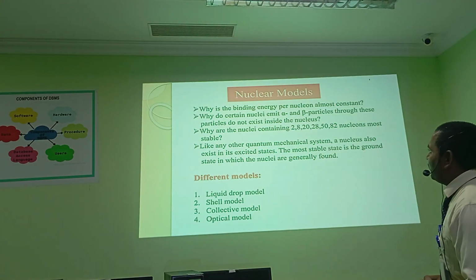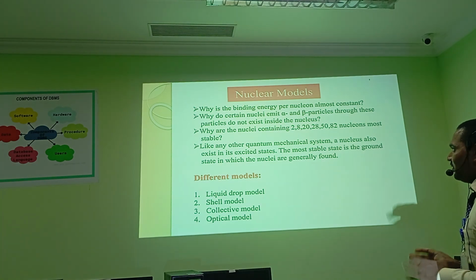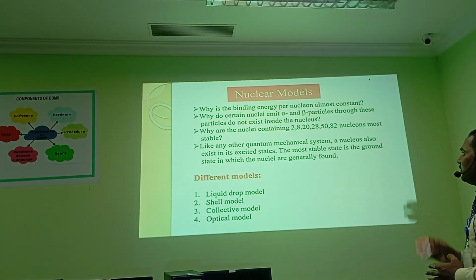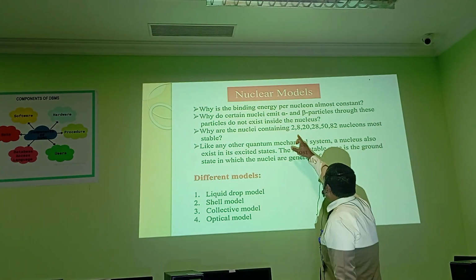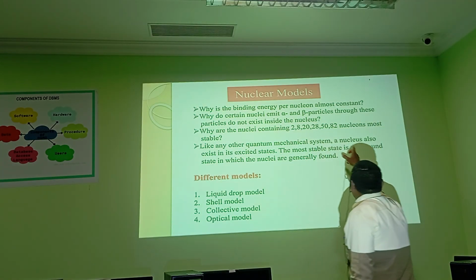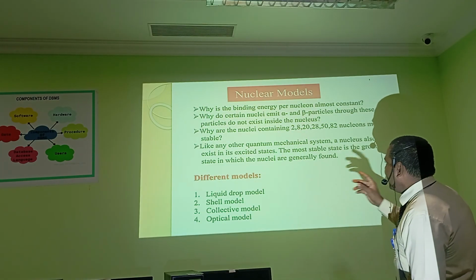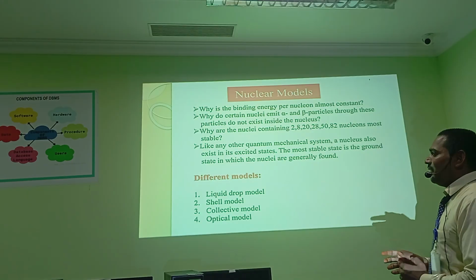So, the nuclear model. Why is the binding energy per nucleon almost constant? The nuclei emit alpha particles and beta particles, and these particles exit the nucleus via nuclei containing magic numbers. The magic numbers 2, 8, 20, 28, 50 and 82 are followed by most of the stable nuclei. Like any other quantum mechanical system, the nucleus also exists